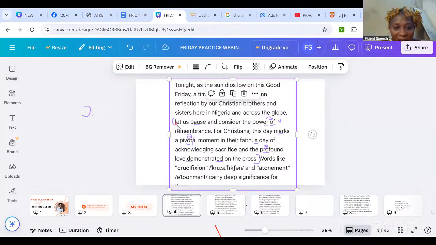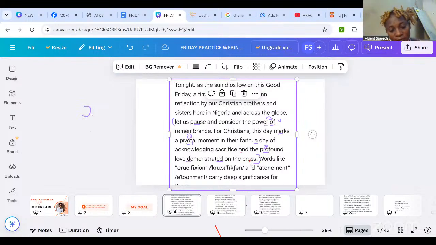So let's take the reading again. Let us pause and consider the power of remembrance. For Christians, this day marks a pivotal moment in their faith, a day of acknowledging sacrifice and profound love demonstrated